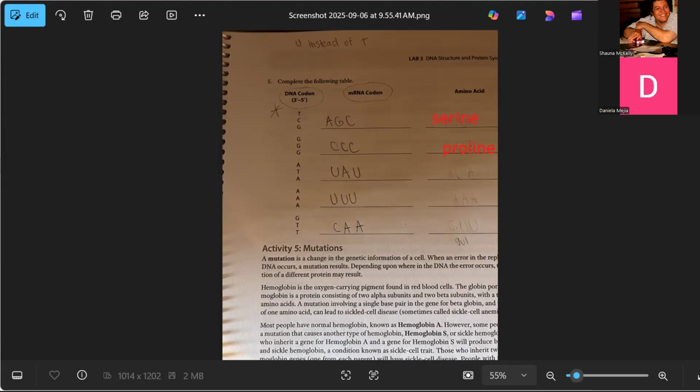So my third base here would be triazine. Now I have serine, proline,